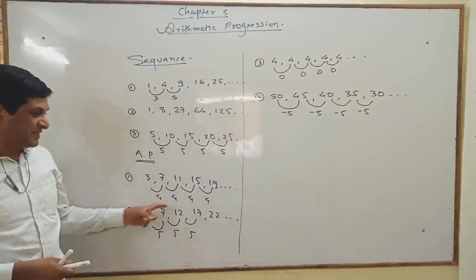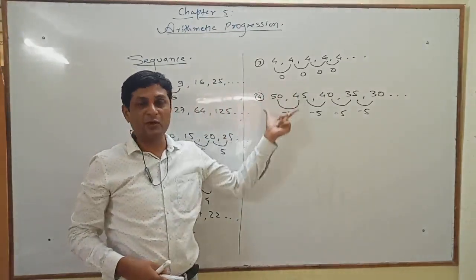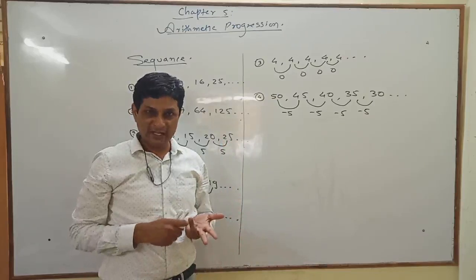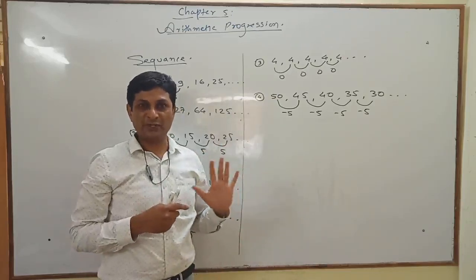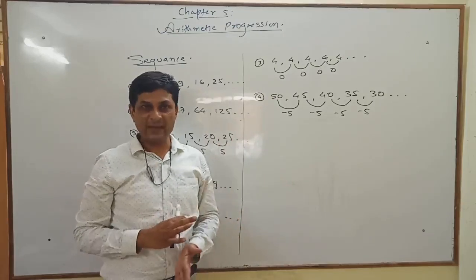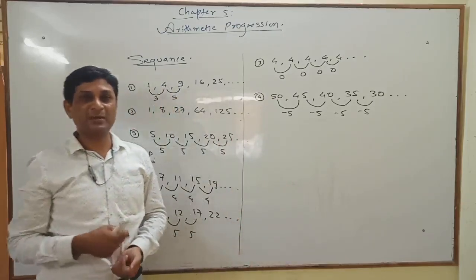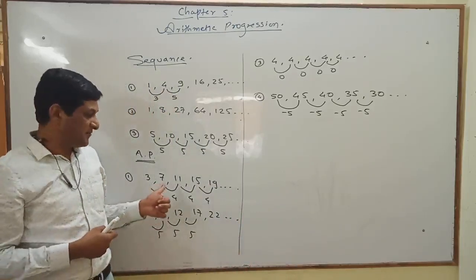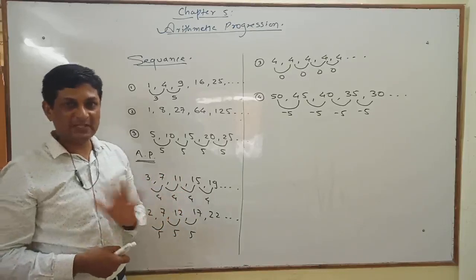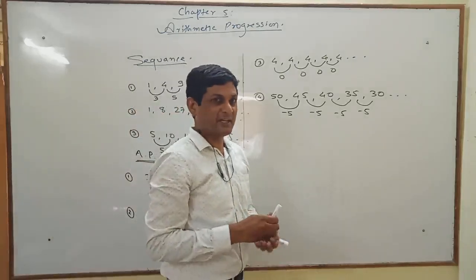So what is our observation in all these examples? Maybe it is possible that this difference is positive, or that the difference is 0, or that the difference is what? Negative. It means the difference is either negative, 0 or positive. In all these cases, we can say that the sequence is an arithmetic progression. So a very simple definition is there. What is the definition? If numbers are arranged in such a way that the difference of any number to its previous number is constant, if this condition is satisfied, at that time we can say that the sequence is an arithmetic progression.